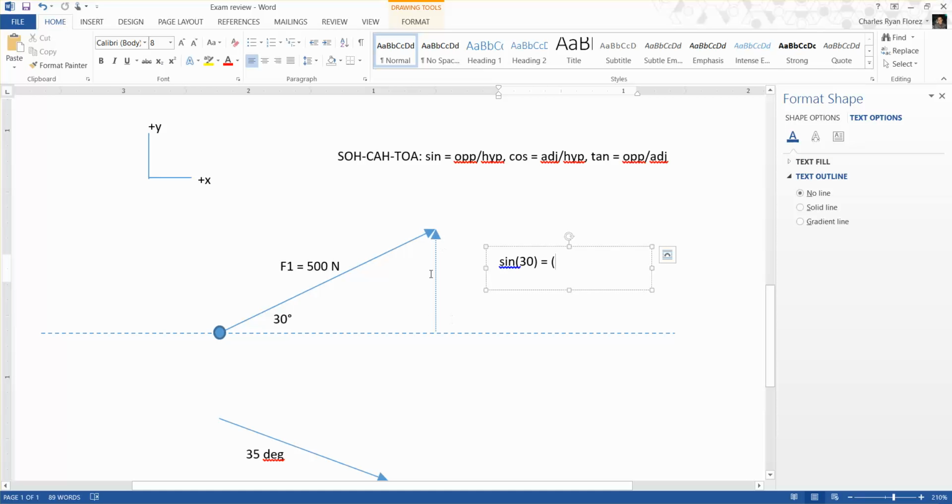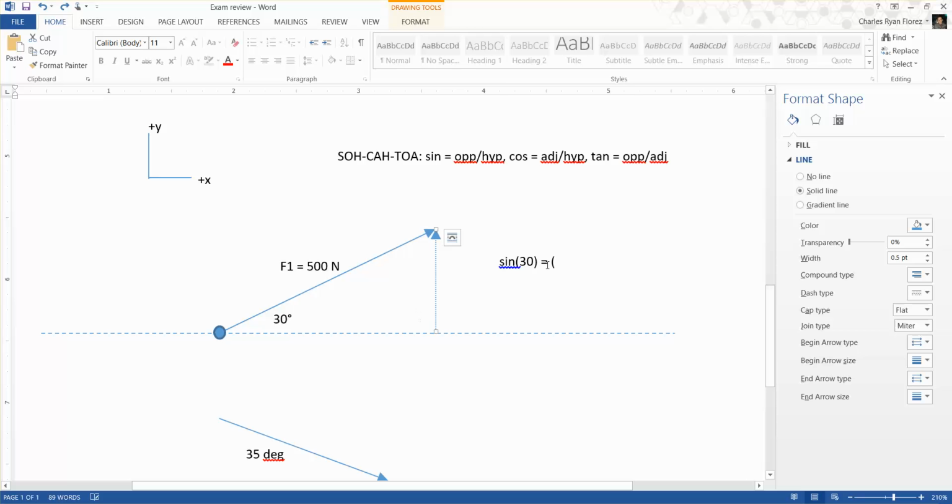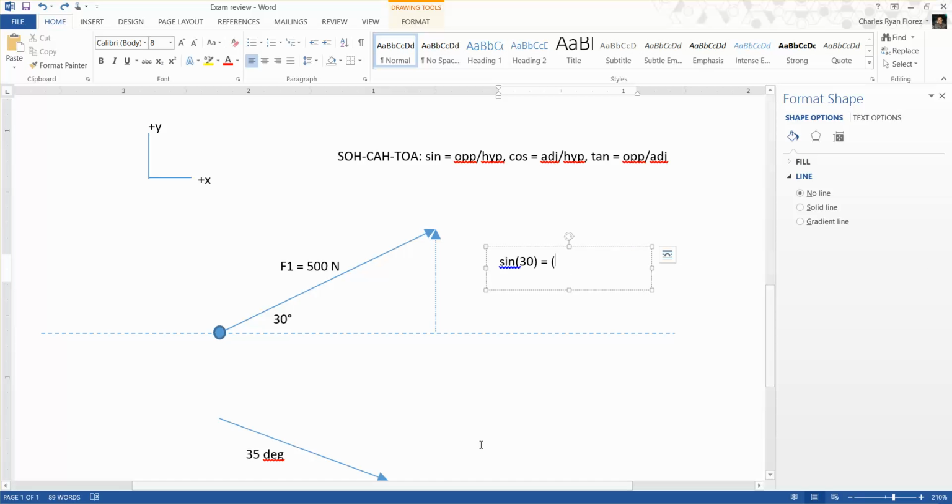We don't know the length or the force of this here, so we're just going to call it, let's call it x. Oh no, we're calling it F of y1, right? And it's divided by the hypotenuse, which we know to be 500. So here we have one equation, one unknown, which is our Fy1, and we just solve for it by taking this 500 to the opposite side. So we have Fy1 is equal to sine 30